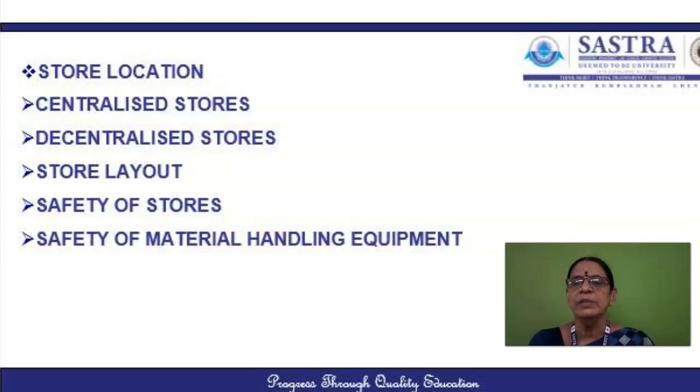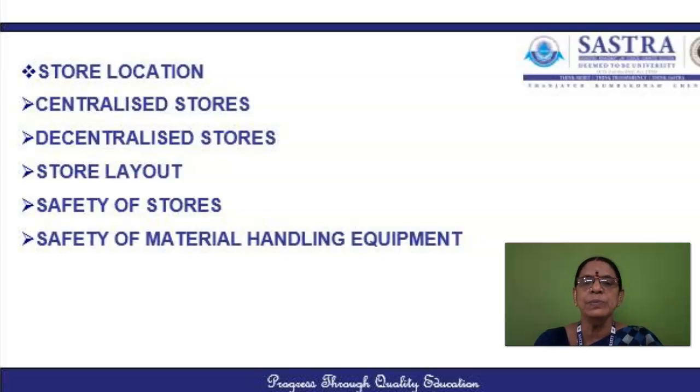For example, the store building should be located within the factory premises or near the place of work where the materials are required. While selecting the place of a store building, the material handling facilities for transportation from or to the store should be taken into consideration. Proper rail sidings and road facilities to the store should be ensured so that the materials can be easily brought in to the receipt counters. So economy in cost of transportation is said to be very important.